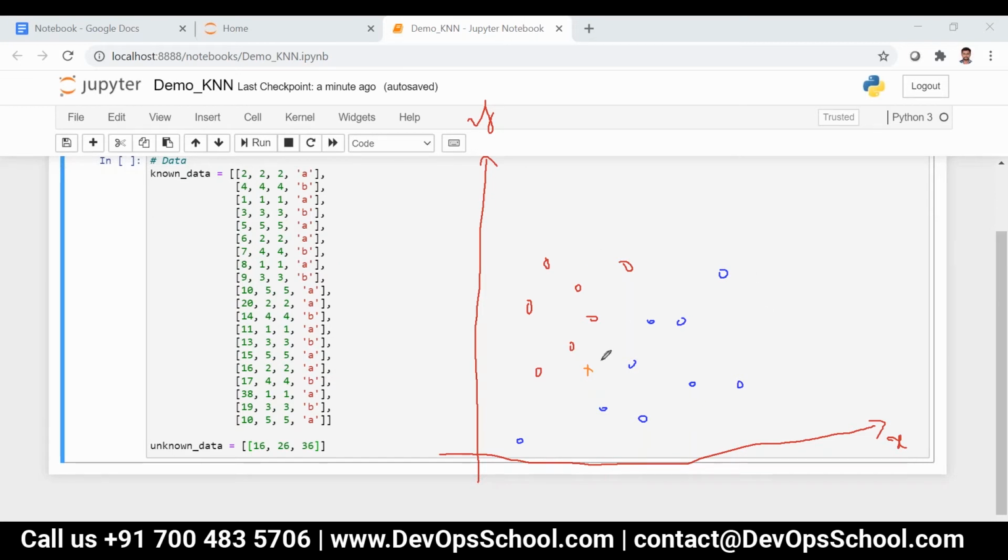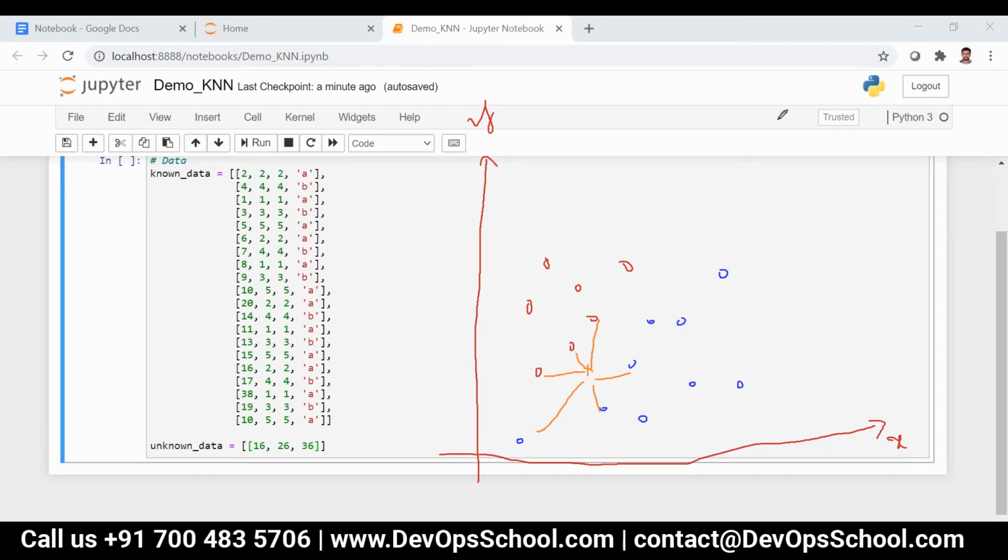For each and every new data point, we need to find the distances between the existing data points and the new data point, the distance between this and this, this and this, and so on. That is, to every data point we need to find it.